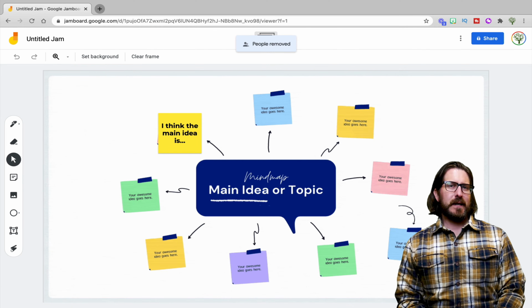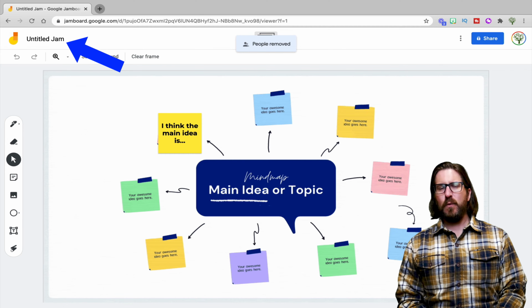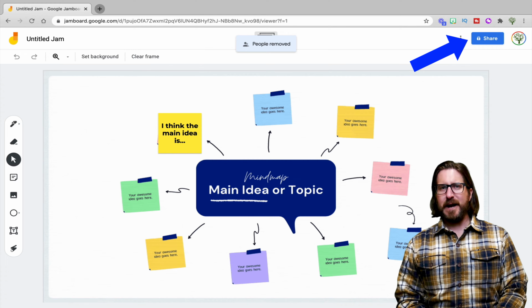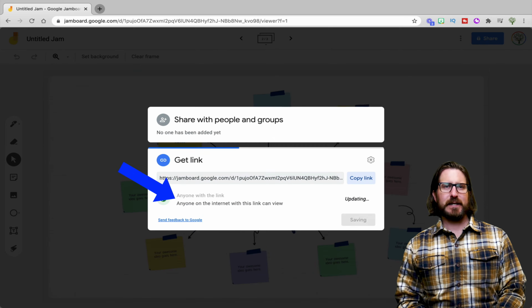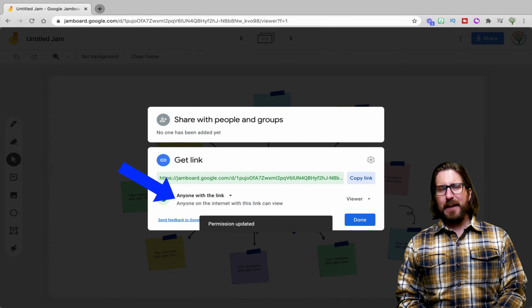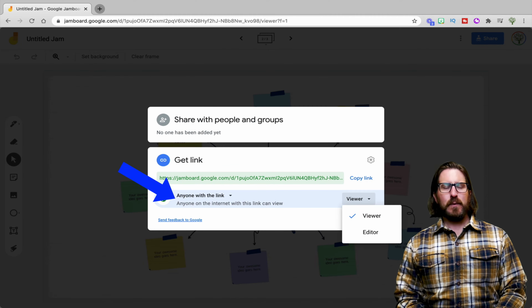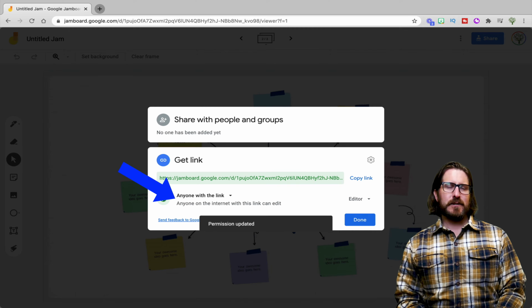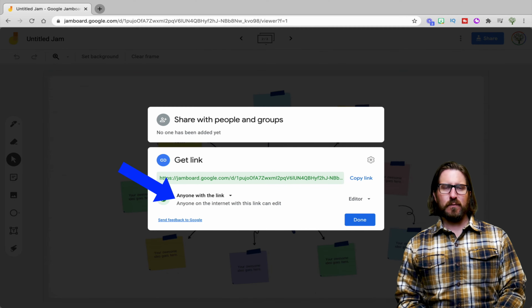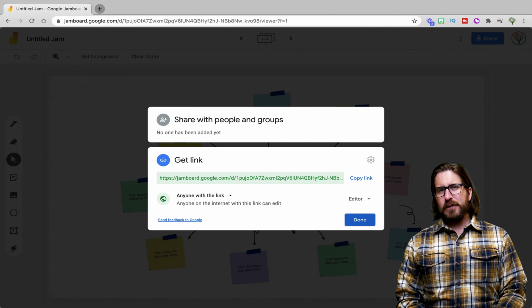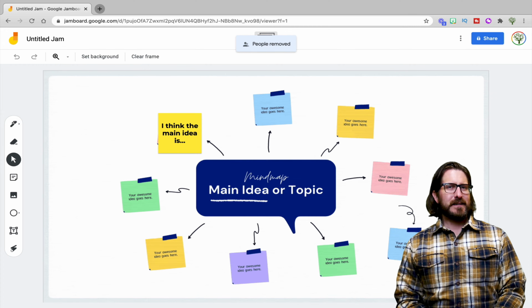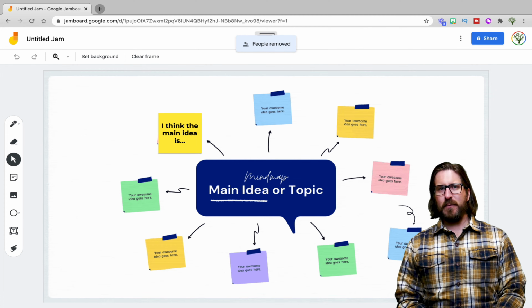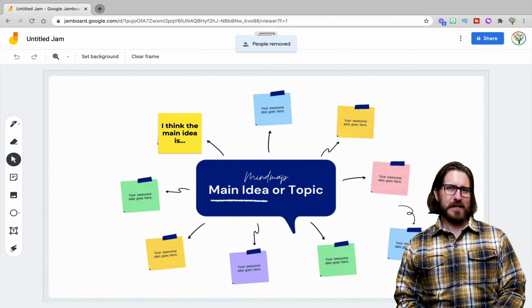First, let's say we're here on Google Jamboard and you want to share this Jamboard with your entire class. You could share the document by giving unrestricted access to it, but that method isn't very private. And when students come in, they'll all be entering as anonymous users, which isn't ideal. You could also share it with your entire class by assigning it via Google Classroom, but sometimes you might just want to create a quick Jamboard without going through that extra step.